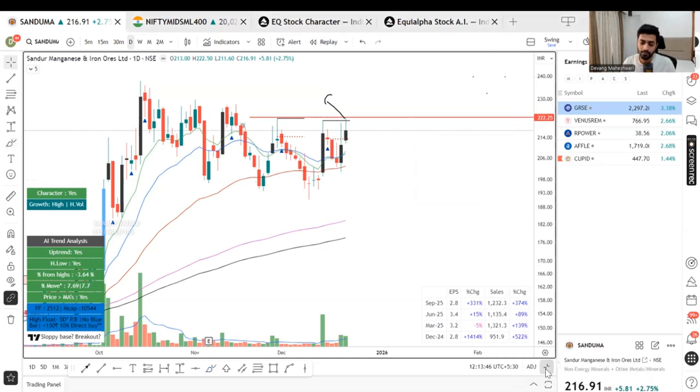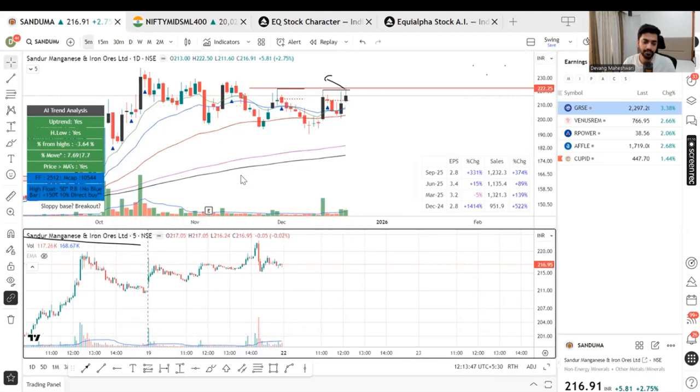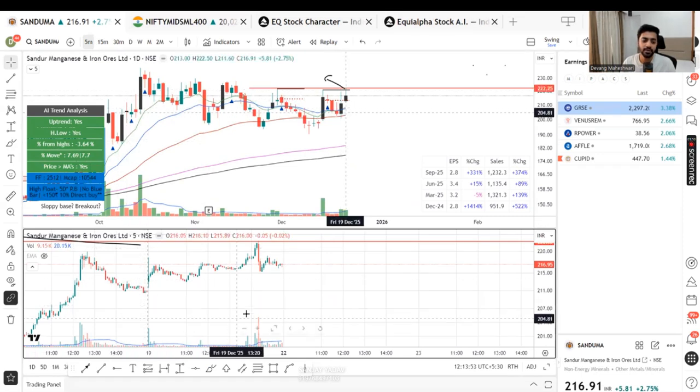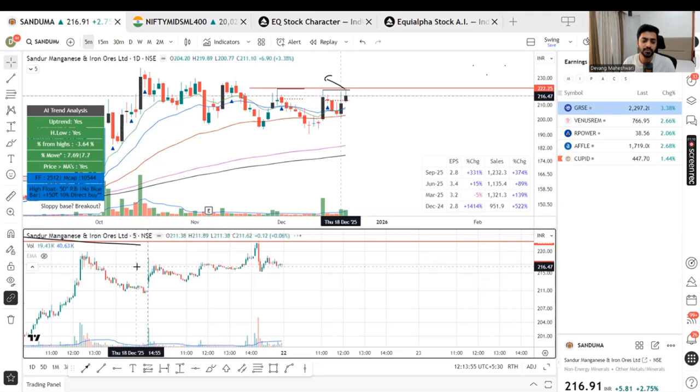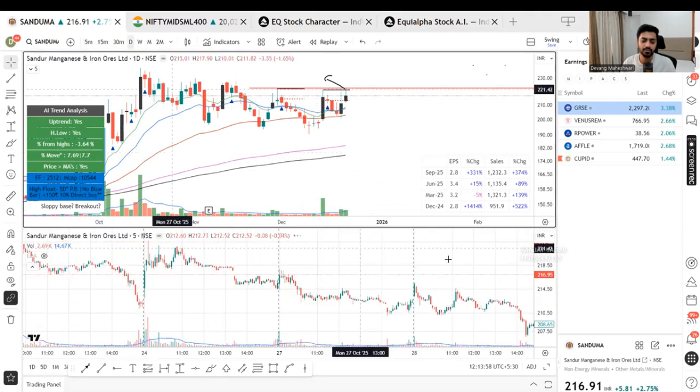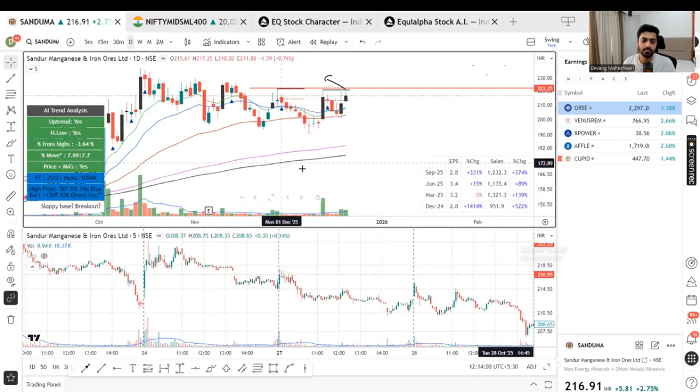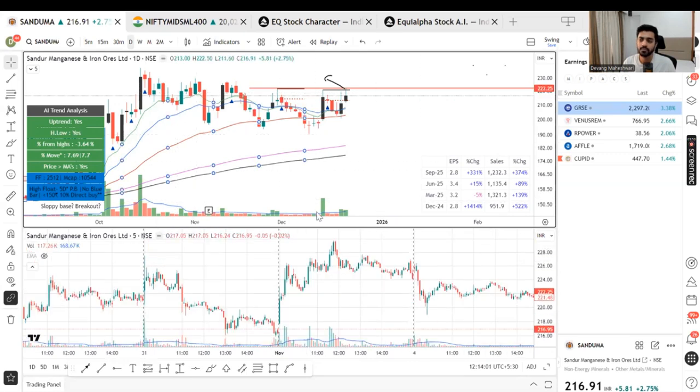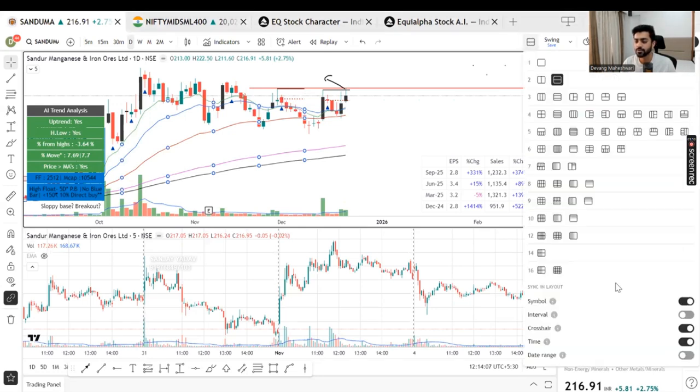Settings mean what? Just go and there are 3-4 options whenever we activate this. This is 5 minutes. You can select here, change the duration of the second one. So here, if you have to see a previous date, will this automatically move? Will the 5-minute chart automatically move there, or do we have to manually drag it? We have the options up here: symbol, interval, time. Okay, so these options we have to activate. Yeah, all 3 options. Okay, I had tried to activate one option, it was not working. So I'll try this. Thank you.